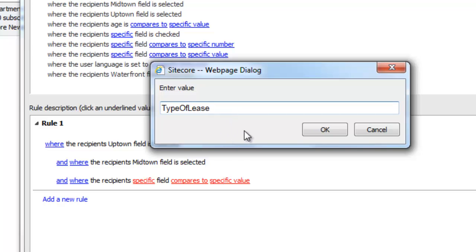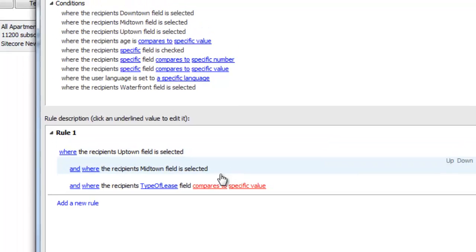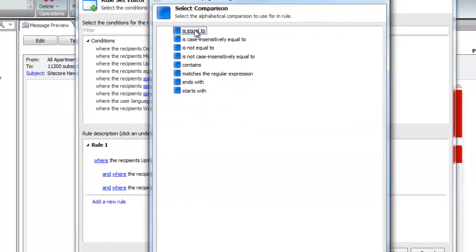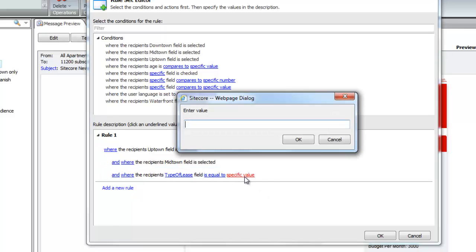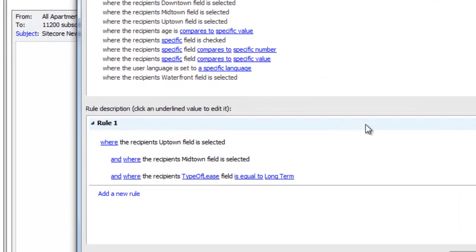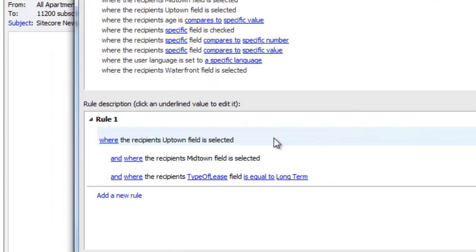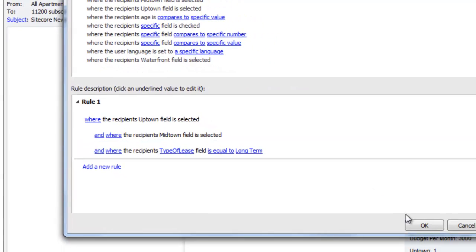That's also quite simple to do. In this case, I can key it in, compares to, I want to say equal to in this case, and then I want to specify the value of long-term, as I do here. And here I've built the segmentation for the uptown, and in this case the midtown, and the type of lease is